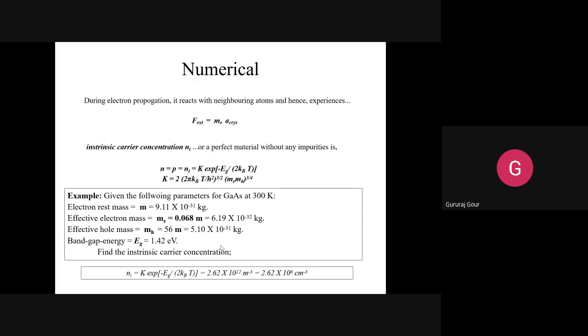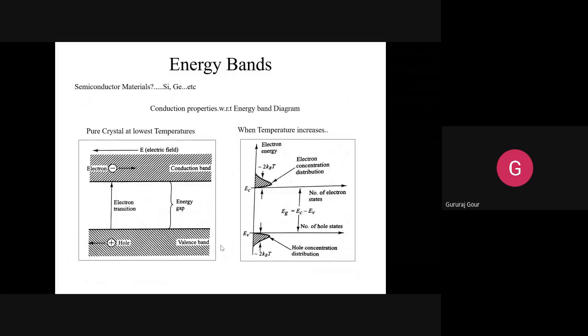So by understanding all this about the energy bands, the key point, guys, you have to remember what you are taking from the discussion of this energy band concept: the relationship between the electric field and the band gap, how they are related. You can think over it and give an answer in the quiz. How the electric field is formed and how it gets related with the varying energy band gap.